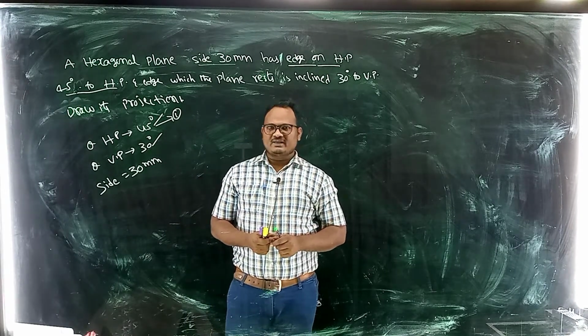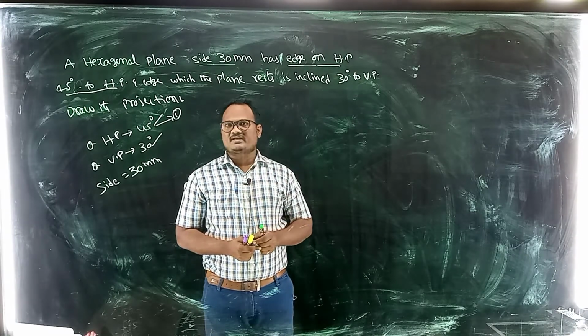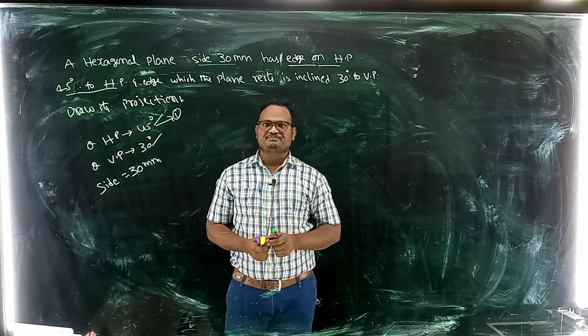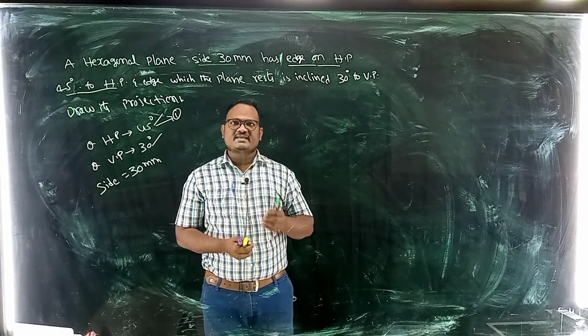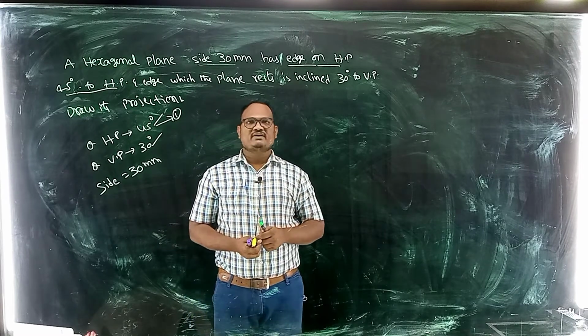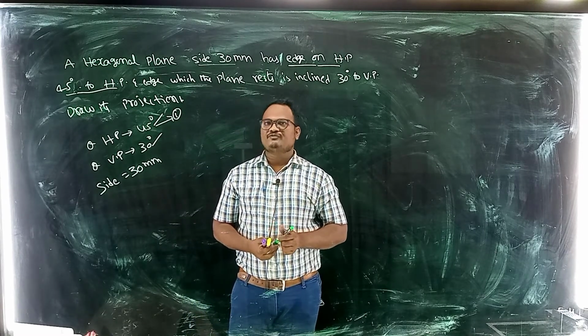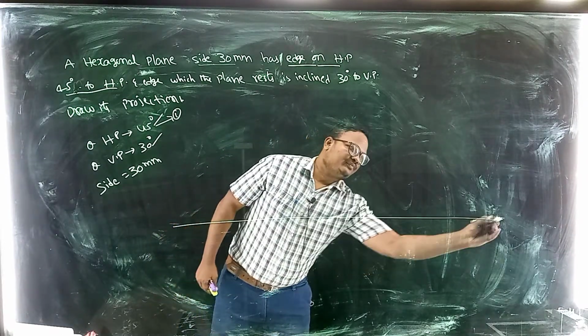So really is it a straight line? No, it only looks like a straight line, that means that is an apparent shape. The top view looks like a hexagon, really it is a hexagon, that's why the true shape is a hexagon, that's why we have to draw the hexagon first. So, let's go into the problem.